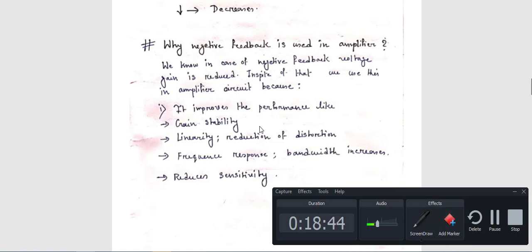Stability means, suppose you have a circuit and your circuit is always unstable. Now if your circuit is unstable, can you measure the parameters of that circuit easily? Suppose you are doing an experiment, input characteristics of a BJT. Then you have to know some values, that means input voltage and input current. Now from where can you get these values? You have to use one voltmeter to measure the voltage, and one multimeter or ammeter to measure the current.